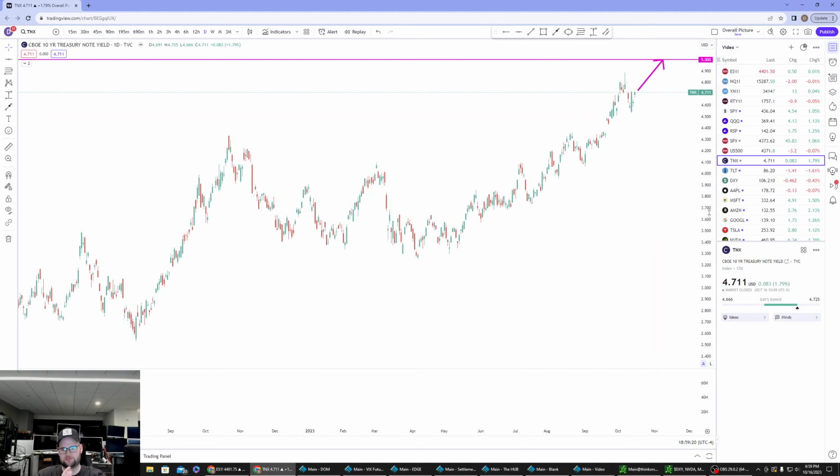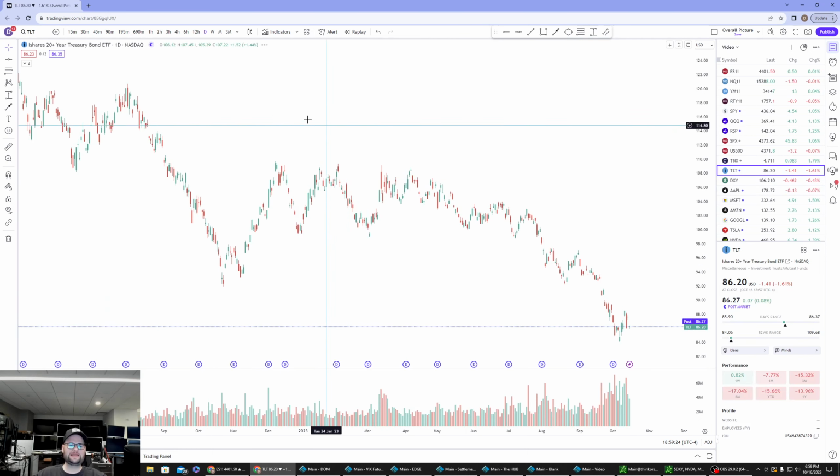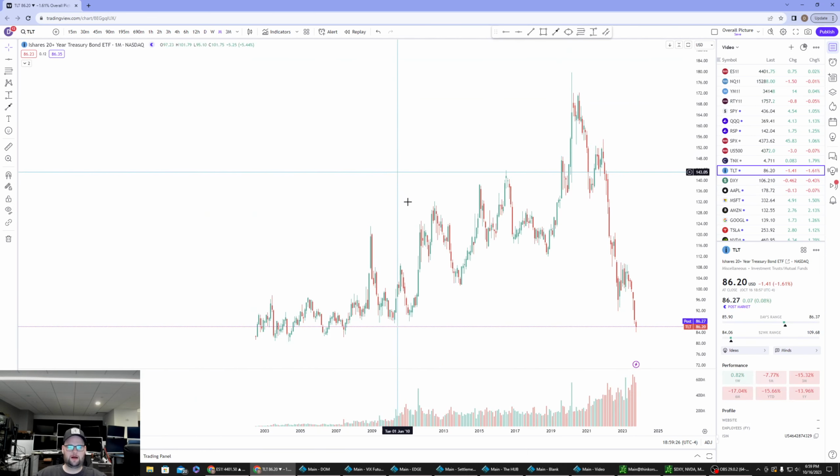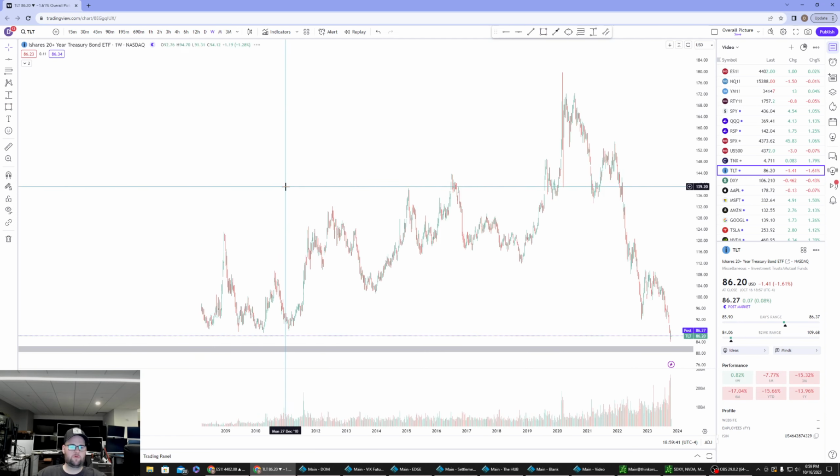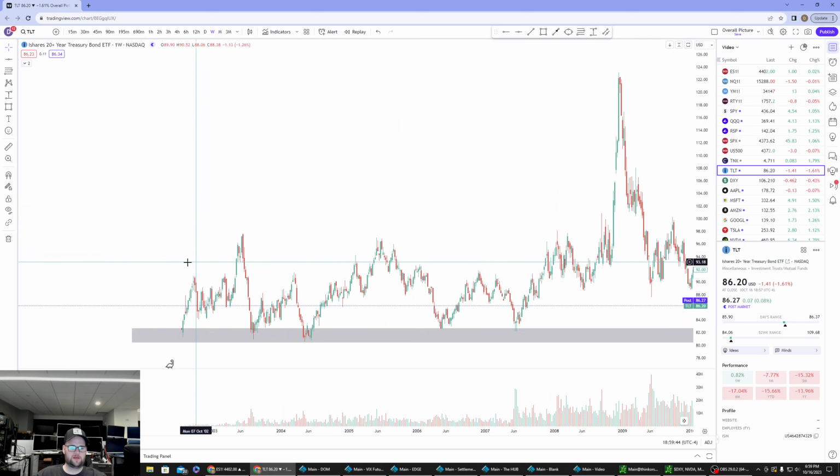The market has more pressure on it, so the S&P 500 falls. TLT has a support that if TNX hits 5%, TLT should come down to this area. Okay, so this is an area that I will be watching going forward. Right, this was an area that acted as support back between 2002 and 2007.